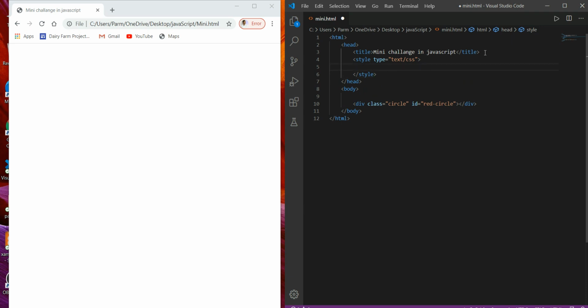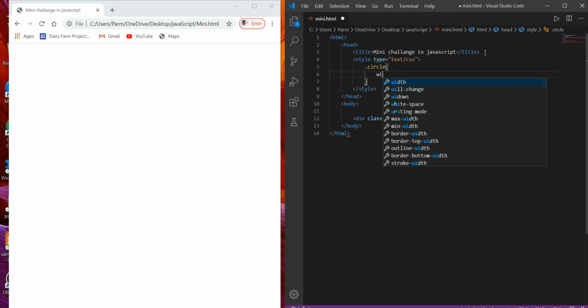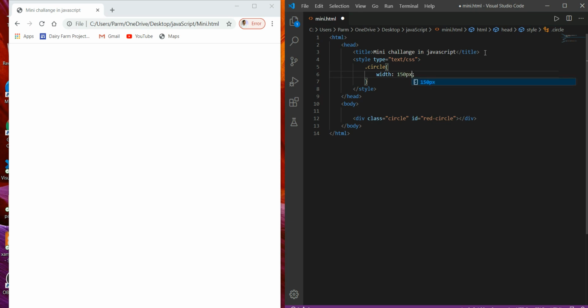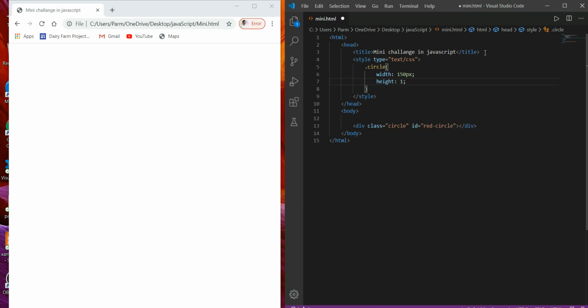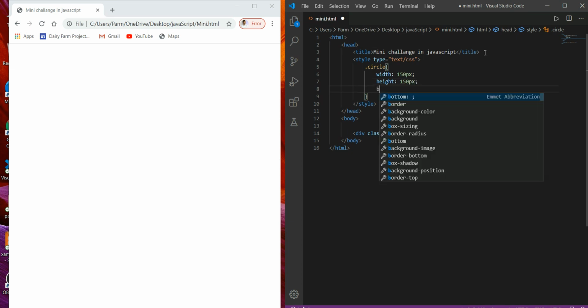First we need to create a class. For creating the class we have to use the dot symbol, then give the name of the class. Here we have chosen the name of the class as circle. In the circle we first specify the width, say 150 pixels, and then the height, again 150 pixels.